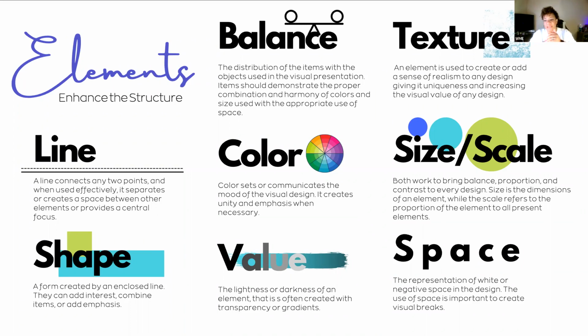Now, shape is its form, it's items, it's things that you can put on the page to help enhance the page. I would actually say that when it comes to shapes, you don't have to have them on the page, but if you want to do something like the proximity where you group things together, you can put things in a shape. It not only groups things together, but it also creates that contrast as well, because if you have a white piece of paper and you have a block of color with some text, you've created a contrast, you've created a proximity, and you've also used the shape. So that's how you start bringing things together.